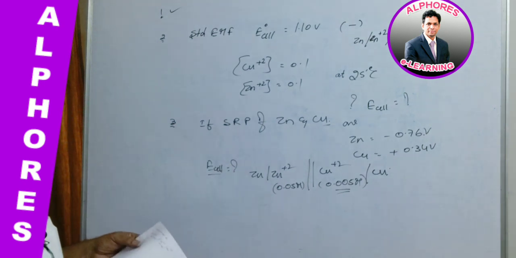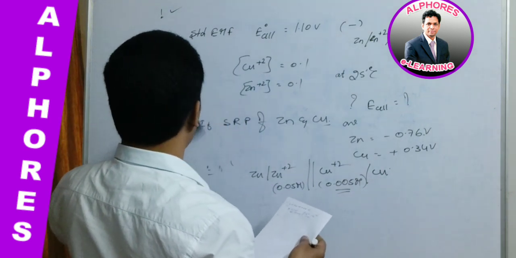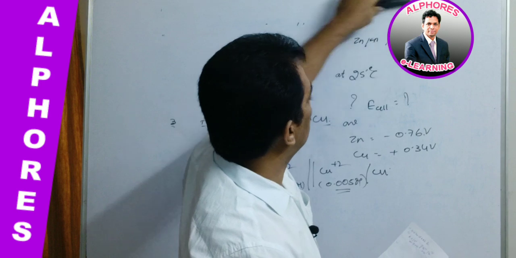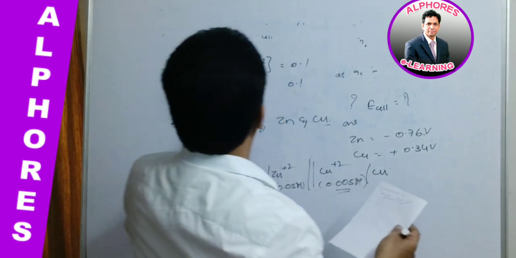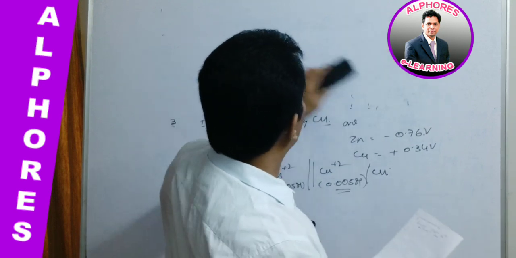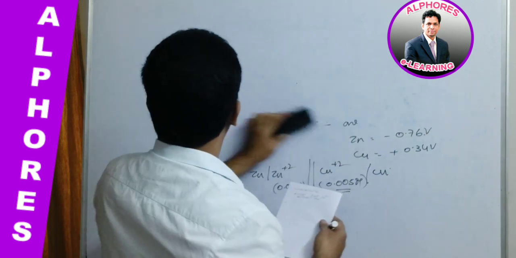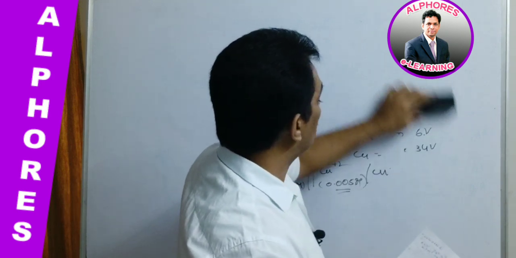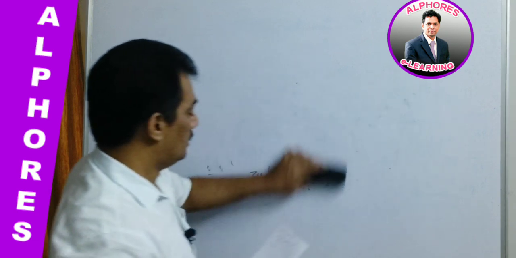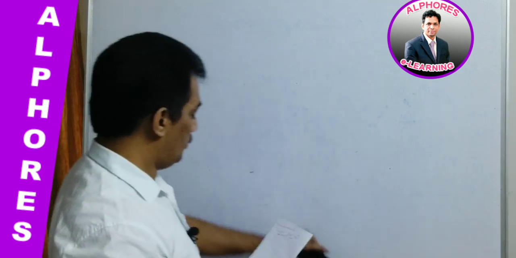Clear? And one more they are providing by giving different types of electrodes. It is nothing but one electrode is hydrogen and the other electrode is copper. Let me give the data. And dear students, try to solve on your own after getting a thorough idea about the application of the Nernst equation for measuring the EMF of cells. Then only you can get confidence to solve the questions in a stipulated time, that is in a speedy manner. That's why I am asking you to solve the questions on your own. Clear?